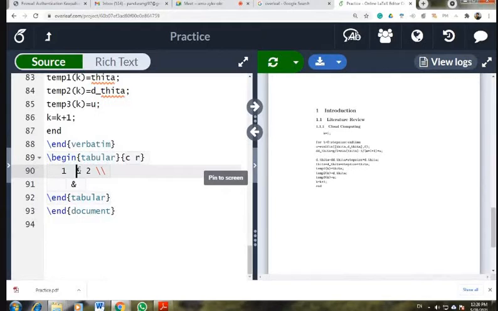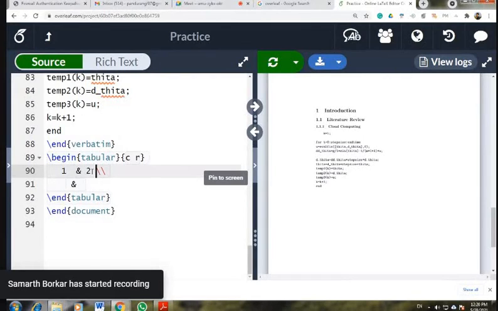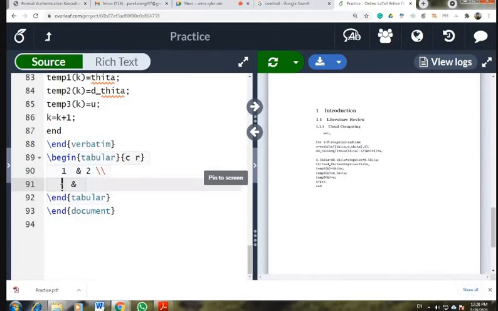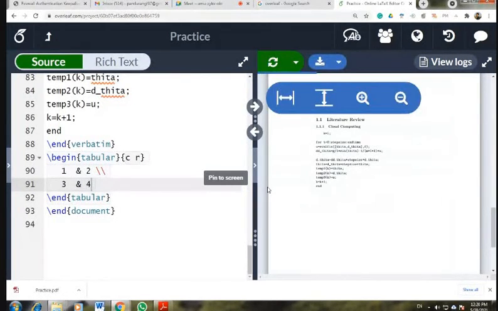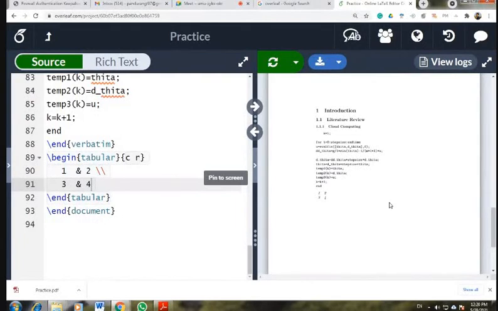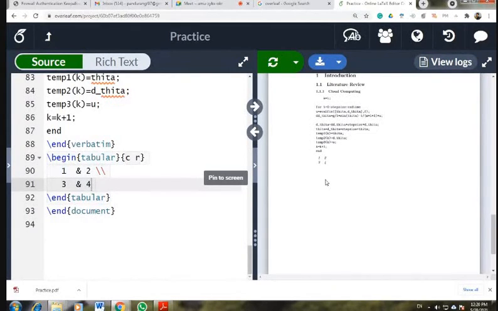Ampersand is for jumping from one column to the second column. Then this double backslash is used to create a new row. So here is the end of the first row. Then by using double backward slash, we can jump to the next row. For example, this is 3 and here is 4. Let us run this. Now you have the table like 1, 2, 3, 4.